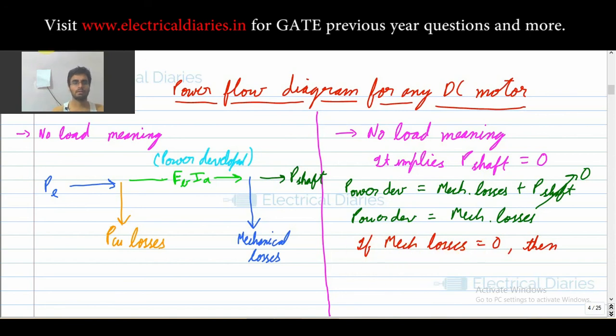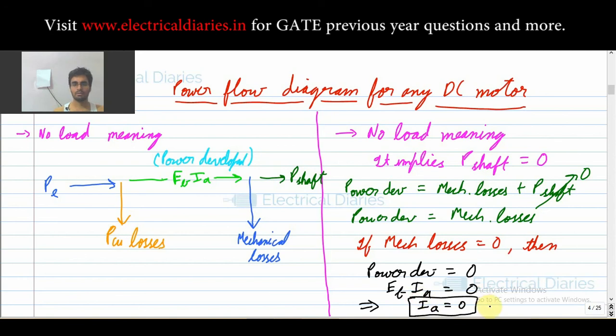Well, as we can see, your power developed will be equal to 0, and your power developed, as I have already told you, is always EB into IA. See, back EMF cannot be 0 because in a motor it always develops some back EMF, by Faraday's or Lenz's law, and these Faraday's law, we know these things. Okay, so that won't work. So this implies that your IA is equal to 0.